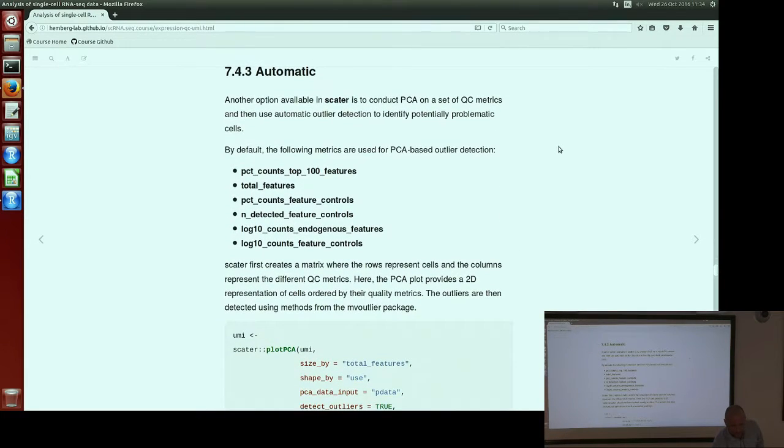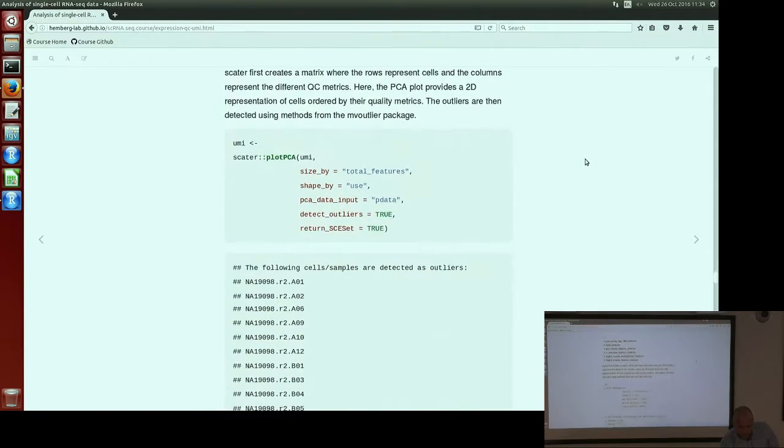Also, Scater contains an automatic filter which is based on the PCA plot, but this PCA plot is based not on the expression values of your genes, but based on these 6 features. These features, again, are calculated in Scater automatically. And then for each cell, you have these 6 features, and you can construct a PCA plot based on these features. So if we do this,